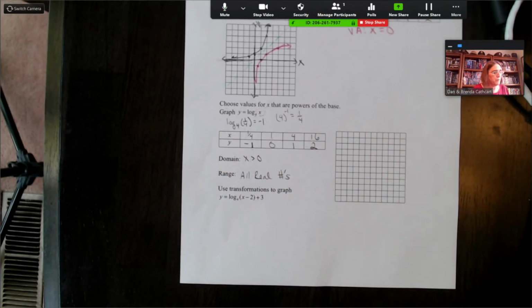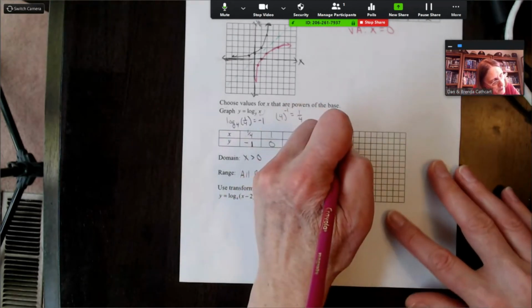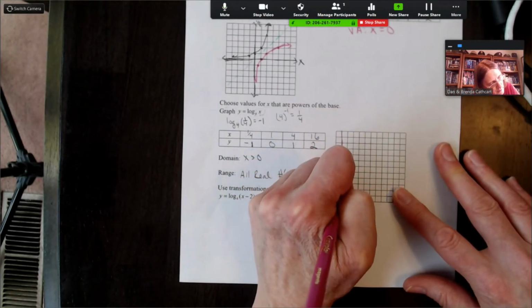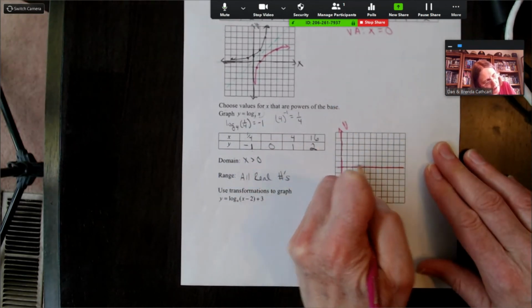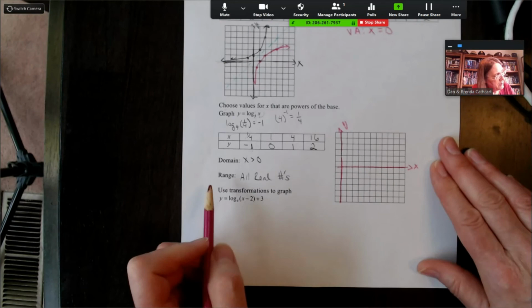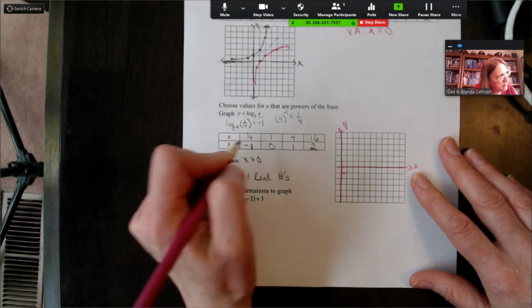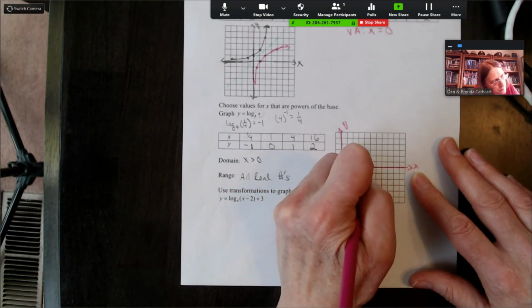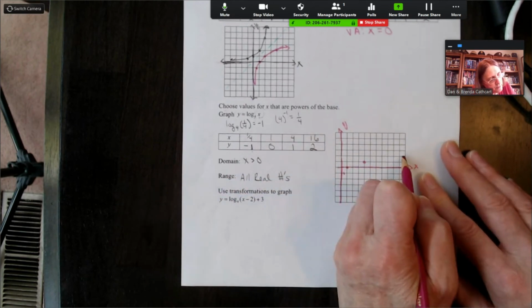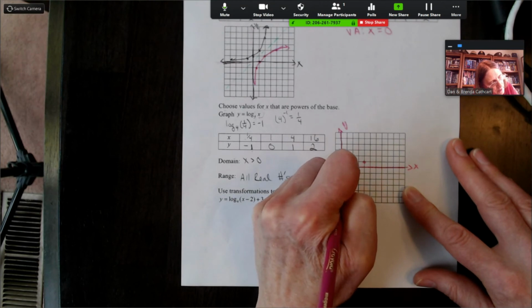Okay. Remember, that's the switch, or the switching the domain and range for an exponential. Since x is greater than 0, I'm going to put my x-axis way over here, or my y-axis way over here. Here's my x. And I'm going to graph 1/4, negative 1. That's snugged up right here. 1, 0, 4, 1. 16, 2 is way off here somewhere,